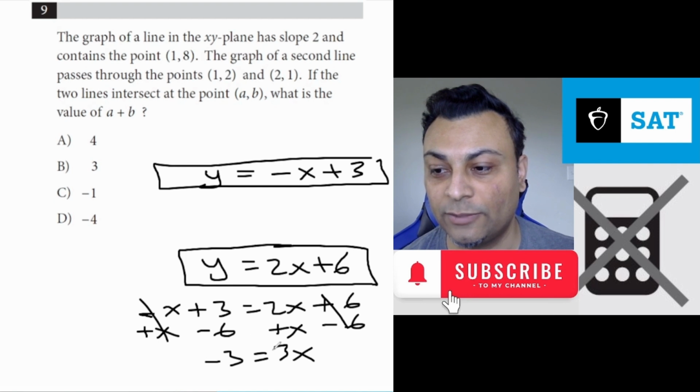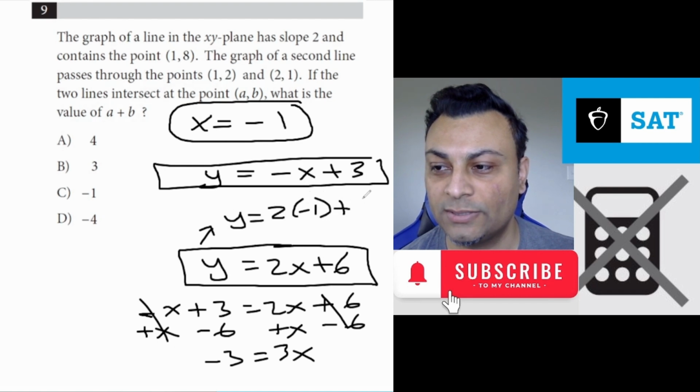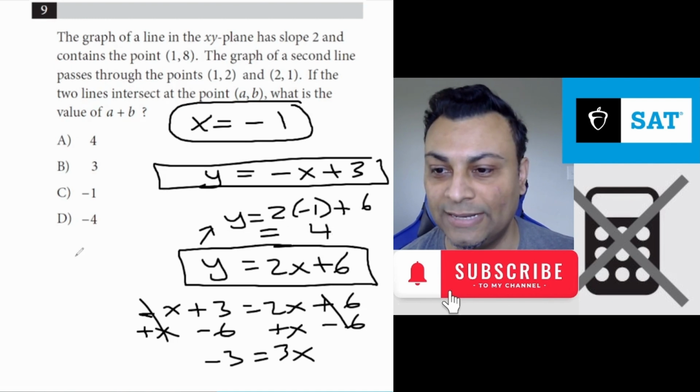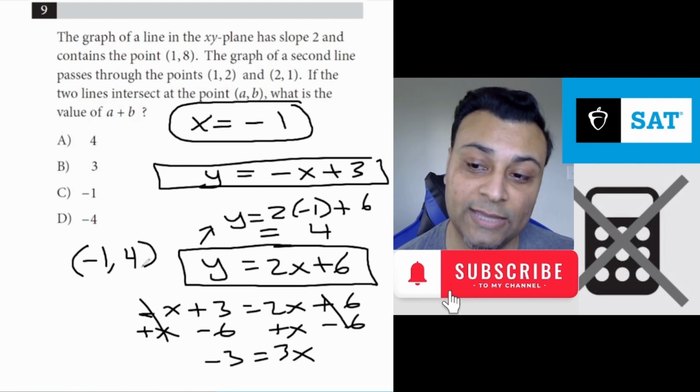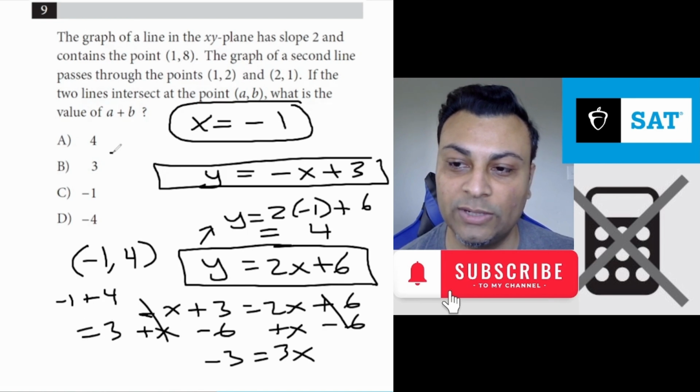So if you divide by 3, you get x equals negative 1. And I'm going to put that into either of these equations. Let's use this one. y equals 2 times negative 1 plus 6, which comes out to 4. So the solution would be negative 1 comma 4. Now they want us to add those up, negative 1 plus 4, so you get 3 as your answer,